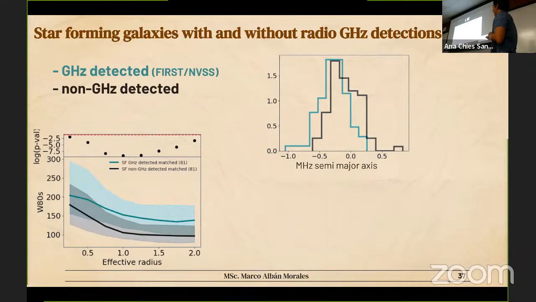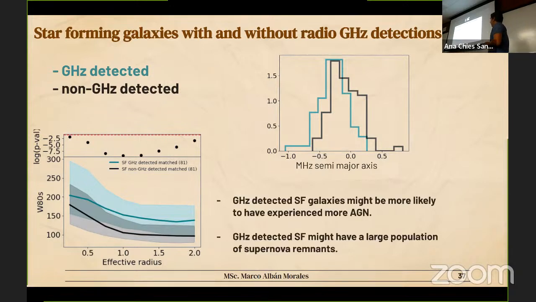I also see that the megahertz morphology of radio is more compact in the galaxies that have gigahertz detections. So there are two scenarios. There's no reason to believe, or maybe yes, maybe I could be biased, but I wouldn't expect at the beginning that a gigahertz detection means that it has more kinematics. And then it also meant that it has more extinction. And then it also meant that they are more compact in the megahertz. So there's a story, an interpretation waiting